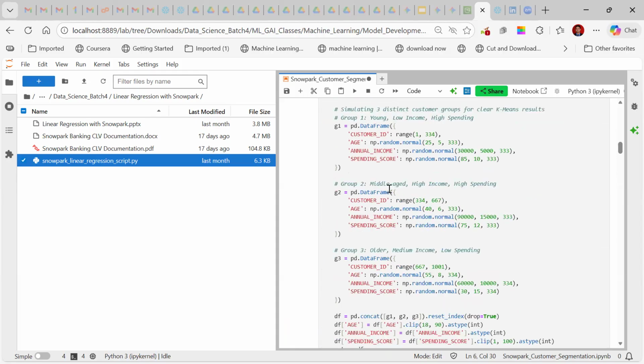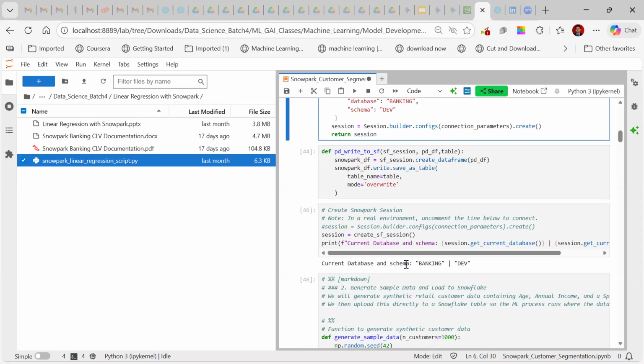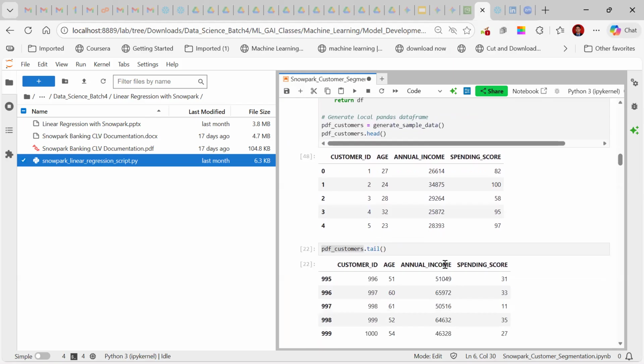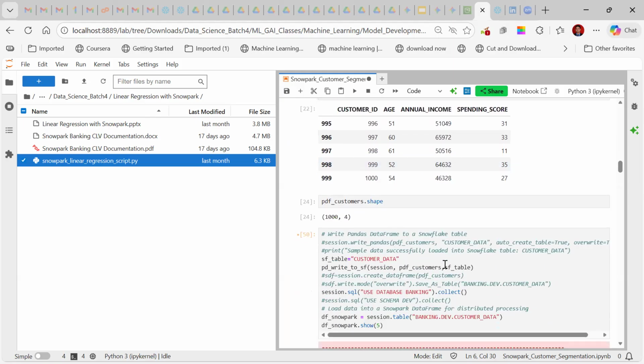It is showing the database banking. Can you see the current database and schema? Correct or not? Okay, which means we are pointing to the correct database and schema, right?